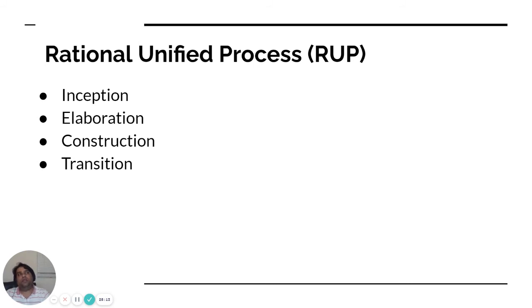Transition means delivering the product at the end of the phase, right? So these are the four things. Usually it will break down into all kinds of development. So let's talk about the inception phase in the Rational